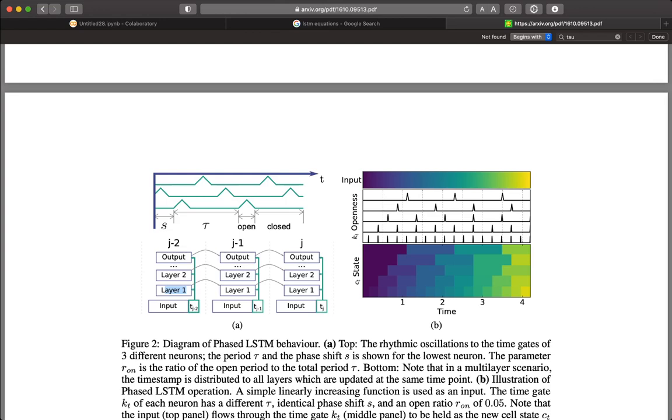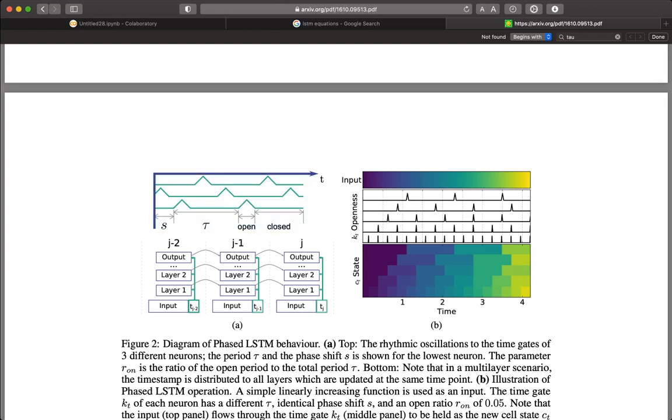So even with the peep hole based simple LSTM, we still have vanishing gradient problems. If the sequence is longer than, let's say, 32 or maybe 64 inputs, then the simple LSTM degrades quite rapidly. There are some tricks that I will maybe show next time, but in general it's not good. And for the phased LSTM, you can have thousands of time steps, no problem. It will work great. And the idea is that it will learn the parameter t, the parameter s, and